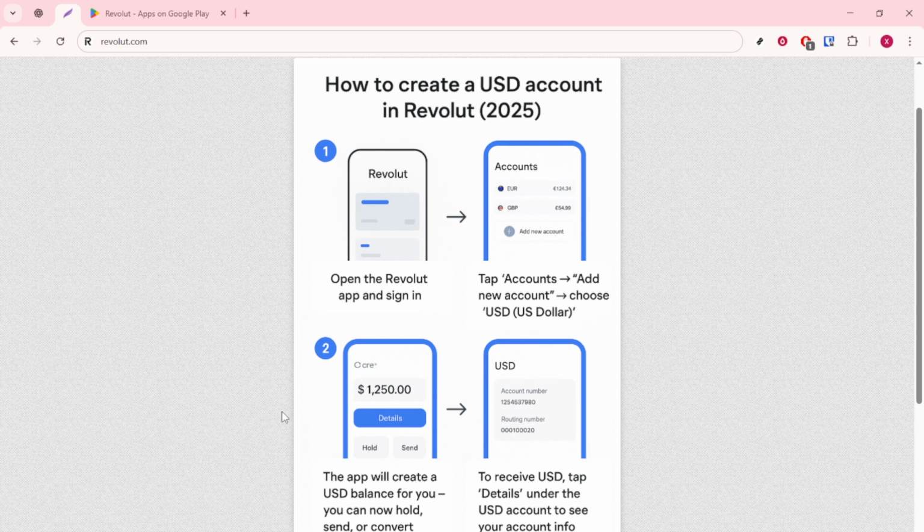When you're ready to receive money in USD, open your USD balance and tap Details. This is where Revolut shows you the account information you'll need to share with the payer. Depending on availability for your region and plan, you may see details for ACH and domestic wires, and sometimes separate